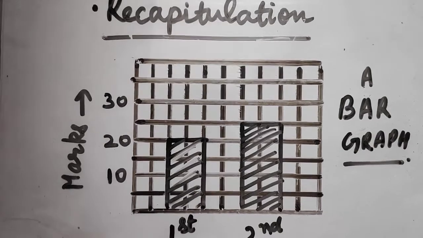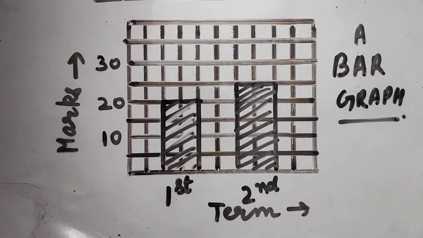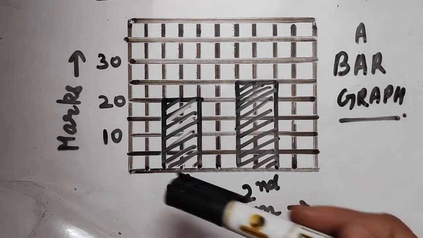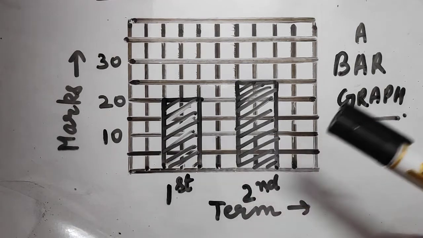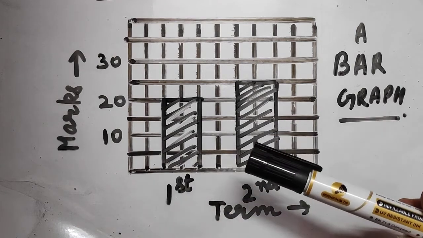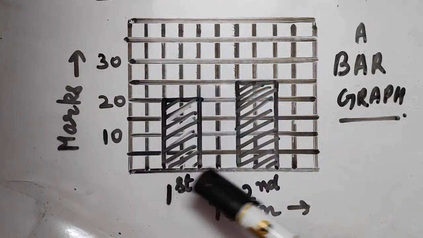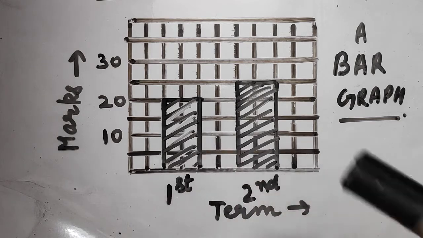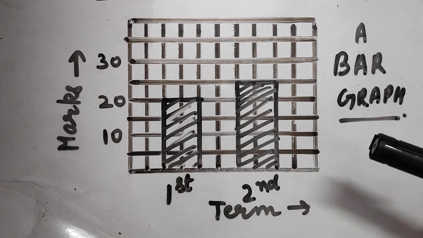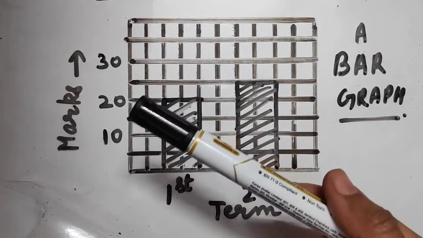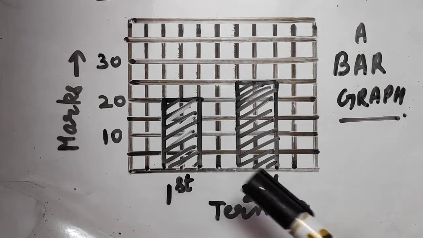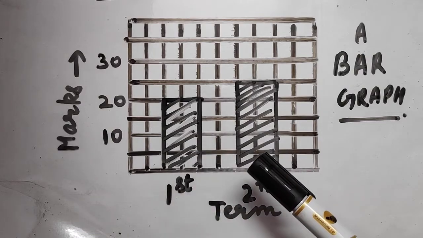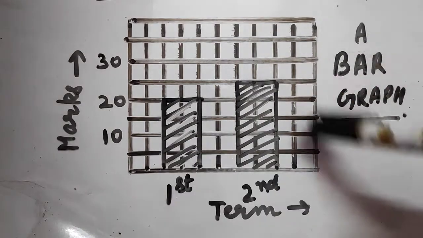Now, I am going to show a bar graph. Dear children, you all are aware that bar graph is used to show comparison among categories. It may consist of two or more parallel, vertical, or horizontal bars, that is rectangles. This bar graph basically shows marks of one of the girl or one of the student in mathematics. Say you can take the marks in any of the subject in two term examinations. It helps you to compare her performance very easily. This is an example of bar graph.